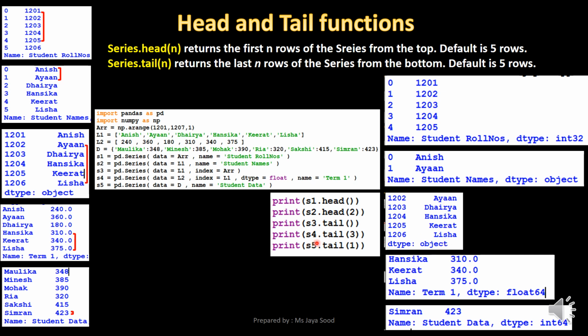Print S4.tail(3) will return only the 3 rows from the bottom of the series S4 as given here. Print S5.tail(1) will return the bottommost row, that is Simran 423.